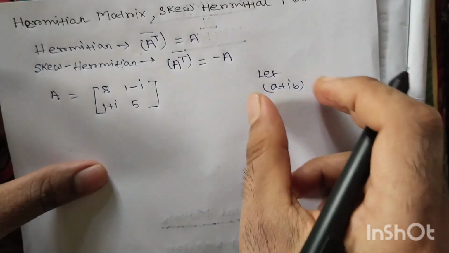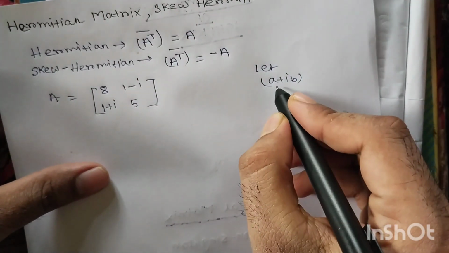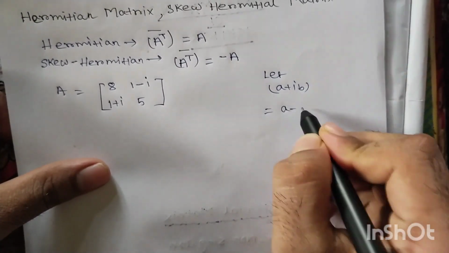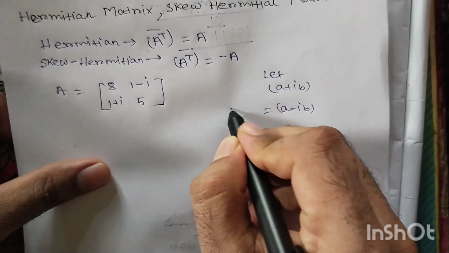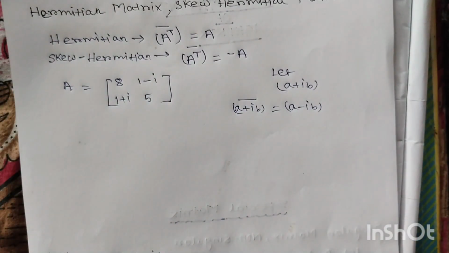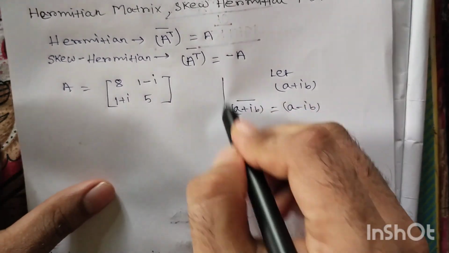Okay, this is the format of a complex number. The conjugate of that complex number should be a minus ib, and it is denoted as,